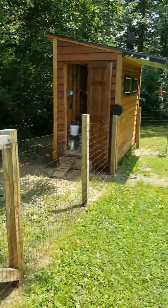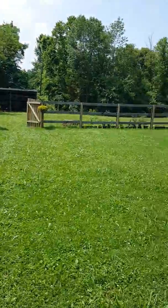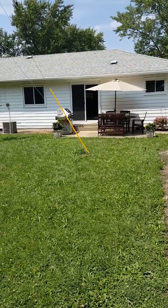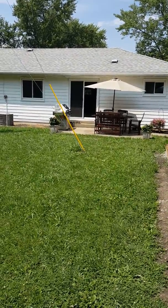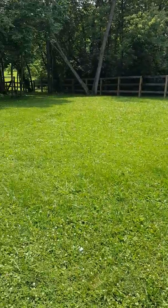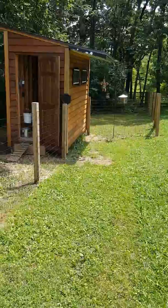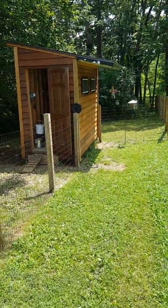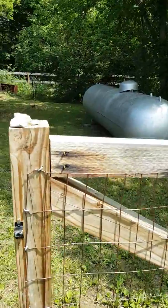We did have the chickens in the general population, but just for anyone who wonders, they poo on everything. They jump up on the grill, on your table, and you just don't want it. So what we ended up having to do is fence them off from us. Not that we really wanted to, but